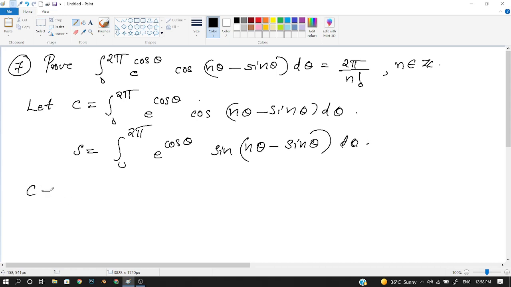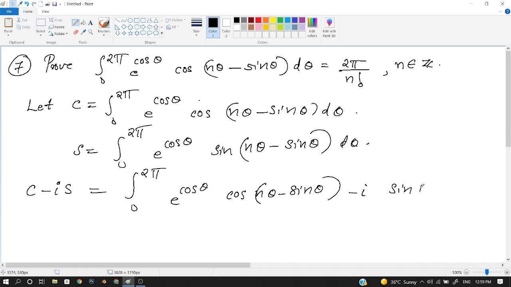Now we can consider c minus i s. This is integral 0 to 2 pi e raised to cos theta, cos of n theta minus sin theta, minus i sin of n theta minus sin theta,